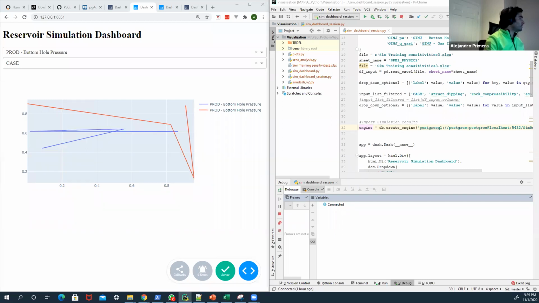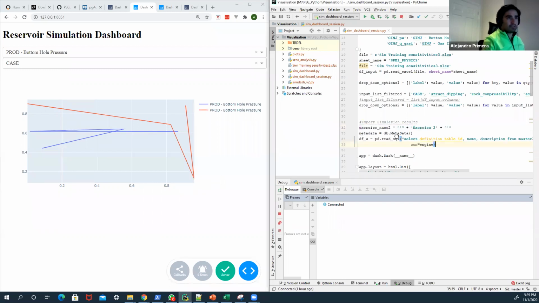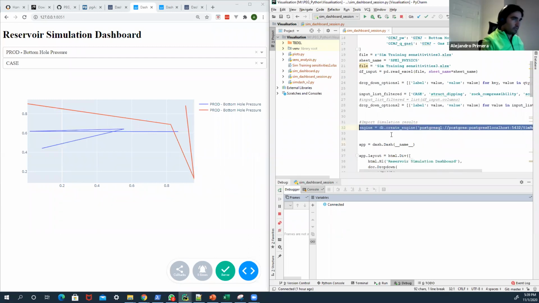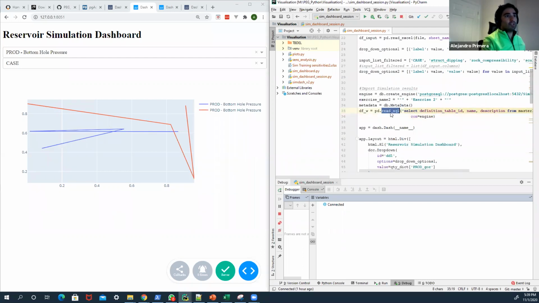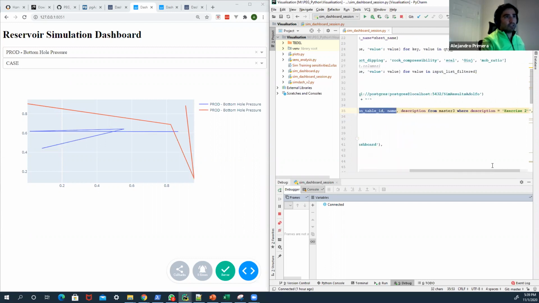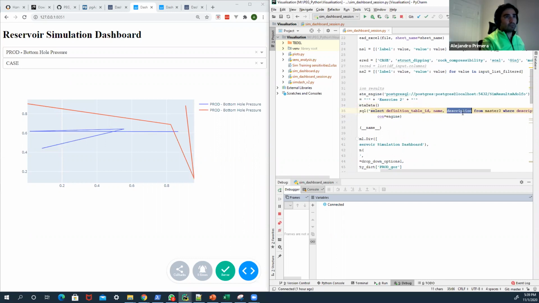Yeah, I can read straight away the simulation results using pandas. Using pandas, I'm going to read SQL, and I have already this sort of information here. So I'm going to bring the description